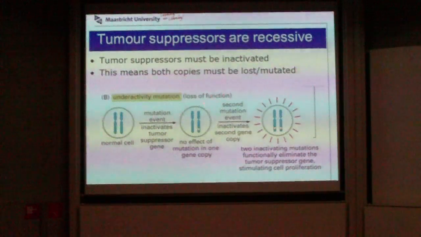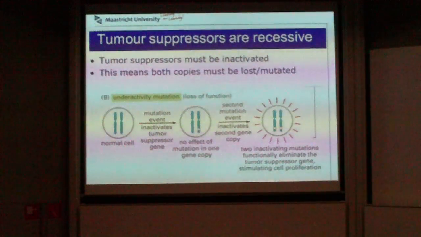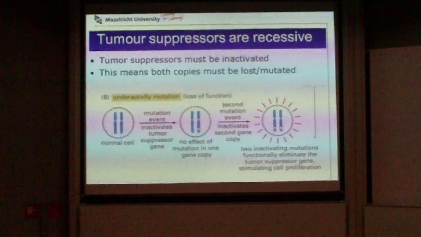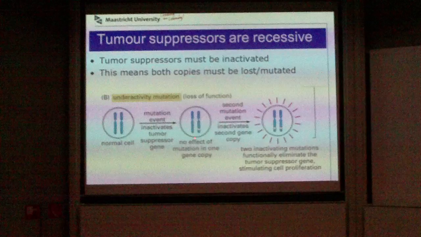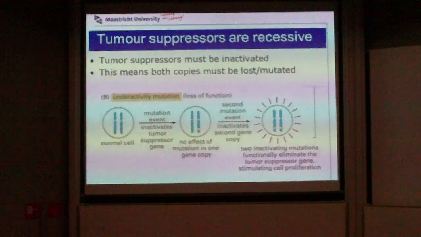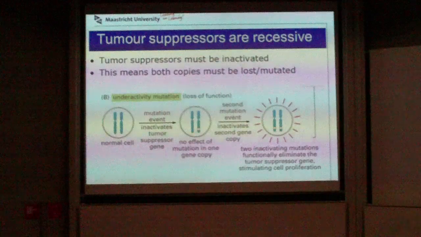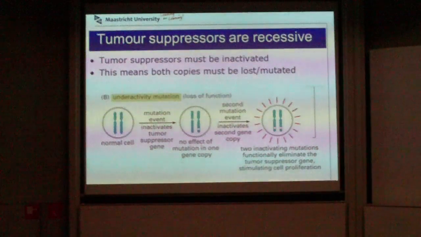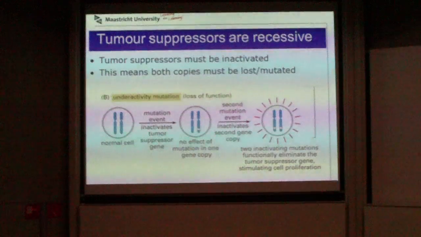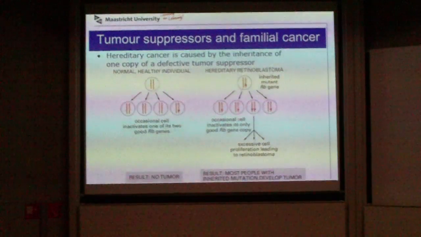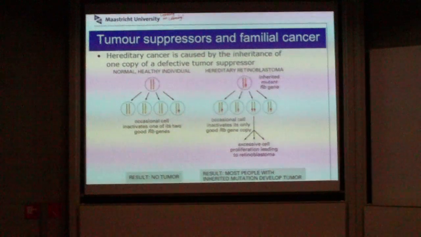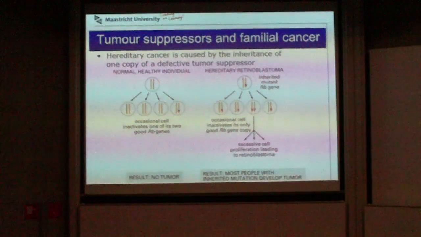So if you look here at a normal cell, you have a first mutation event that inactivates the tumor suppressor gene, but then you still don't have the unfavorable phenotype, so to say. You need a second mutation event, and then you get this stimulation of cell proliferation. Now also here you can have a genetic factor, so if you inherit